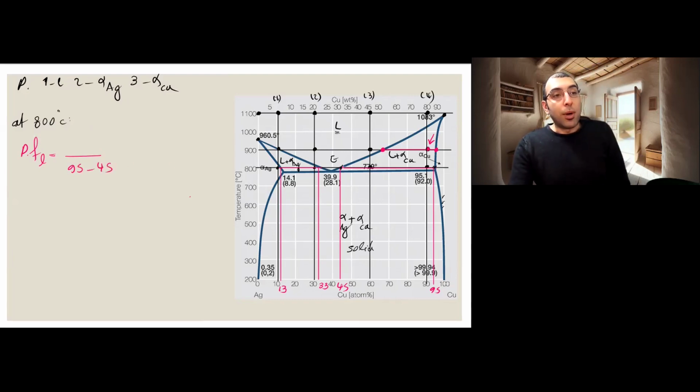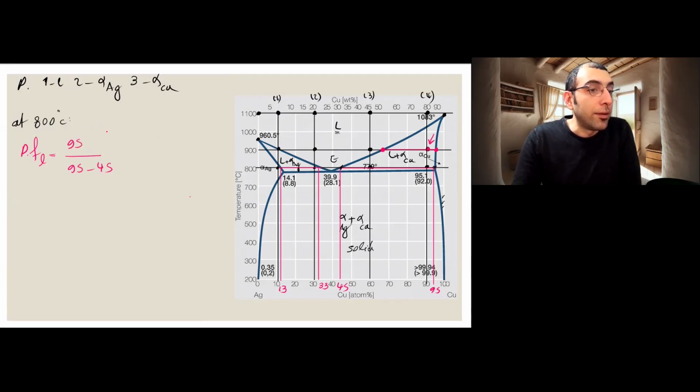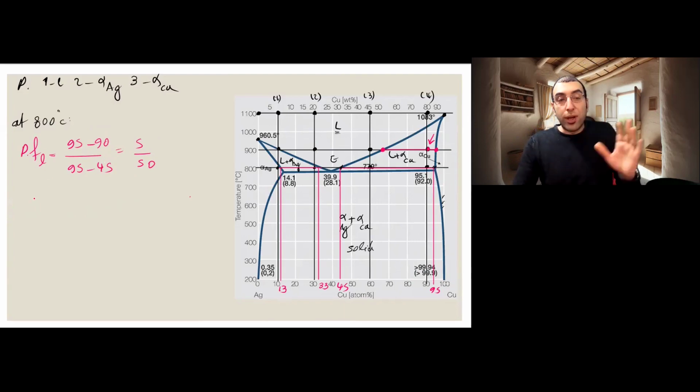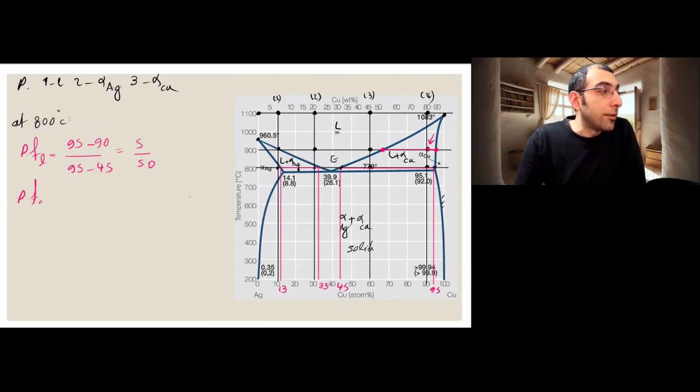And the amount of liquid, it's where the horizontal line crosses the solidus line. So for solidus line is 95 to 90. Therefore is 5/50, right? And if you have 5/50 parts for liquid, because you have two phases and they have to add into one fraction, therefore, obviously the phase fraction of your solid will be 45 to 50,